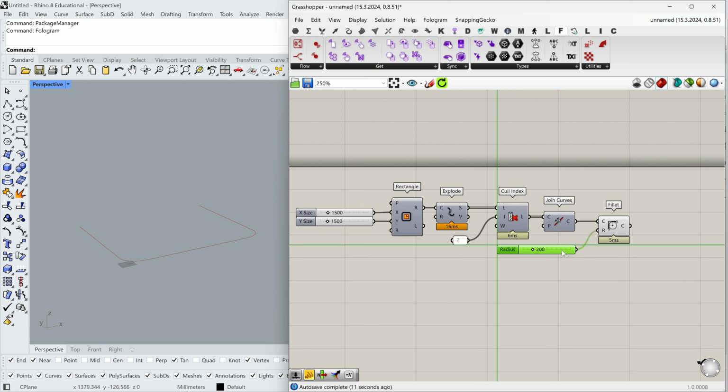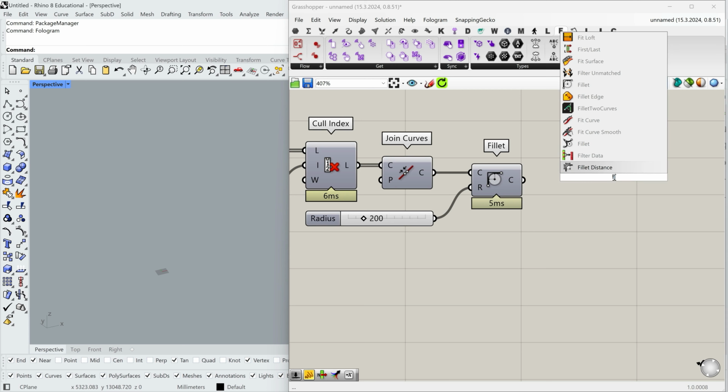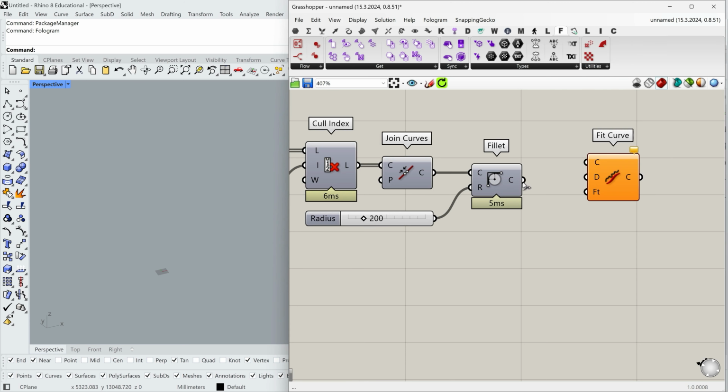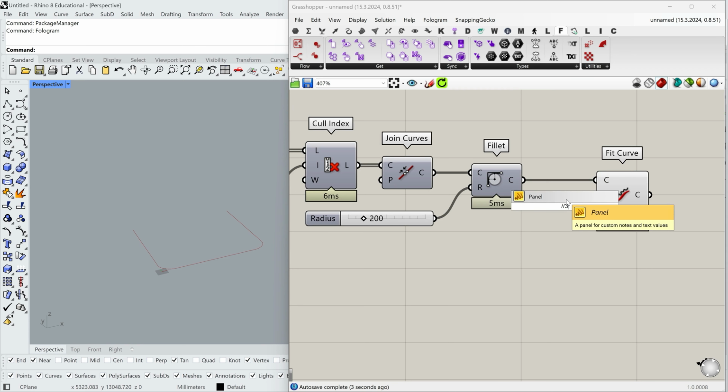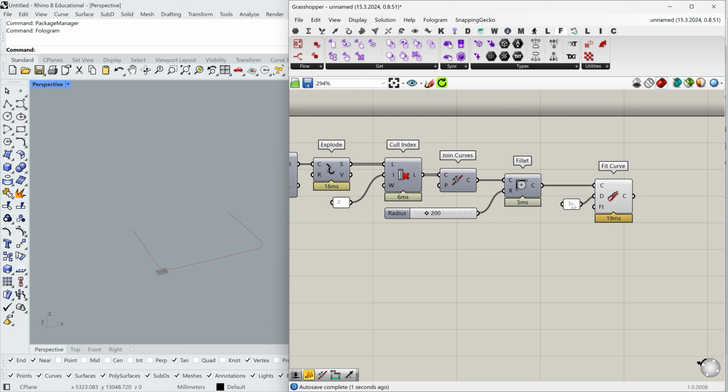for the bar counter. After fillet, I'll put the fit curve component with the degree 3 to make the curve continuous.